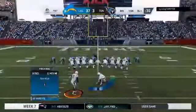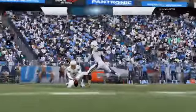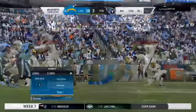Pinheiro now to add the extra point. And he's been a busy man, 5 for 5 now as he knocks another one through to extend the lead. Chargers 38,